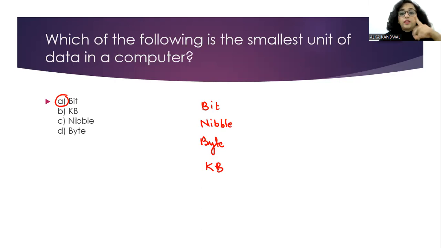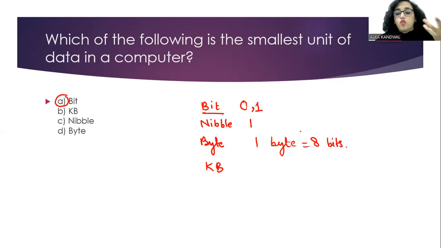So ये हमको याद, this I have mentioned in the memory, एक memory करके हमने एक separate session किया था जिसमें हमने ascending order में बात की थी. तो सबसे छोटा bit है in the form of zeros and one. Then when we talk about byte, 1 byte is equal to 8 bits, and then when we talk about nibble, it is equal to 4 bits होता है 1 nibble.